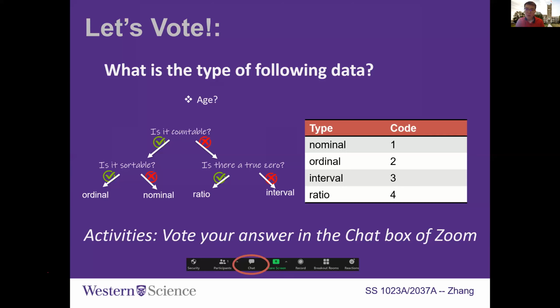There's a question coming in: what do you mean by data being countable? By countable, I mean whether you can say this data has a countable number of types. For example, in our discussion, color only has 3 types: yellow, blue, and red, right?